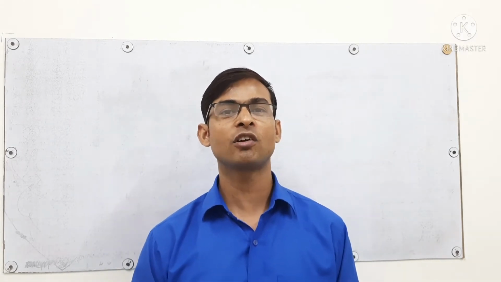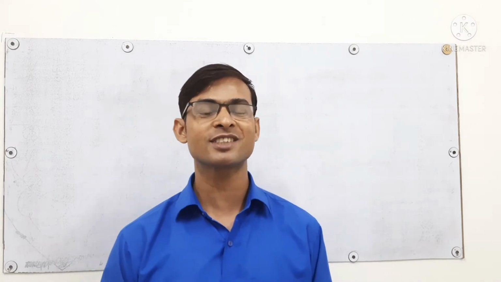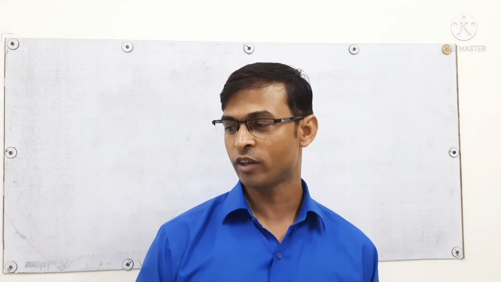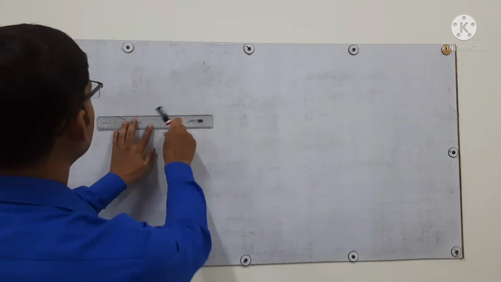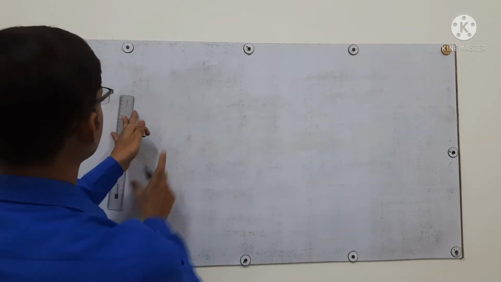In today's session we will learn how integers are marked in a number line. Okay, so let's start our session. For marking integers in a number line, first of all we need a scale. So please take out your scale and we will start drawing a line. Okay, so this is a scale and first of all we will draw a line.